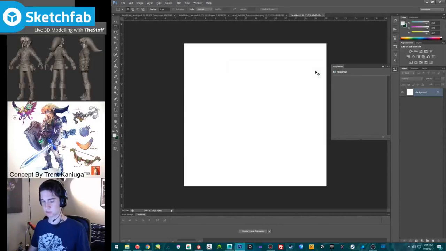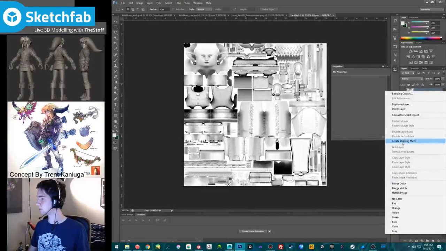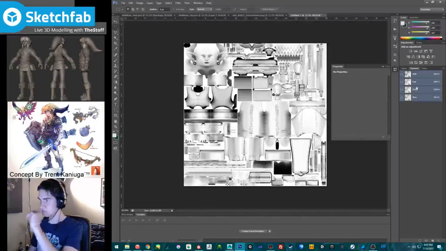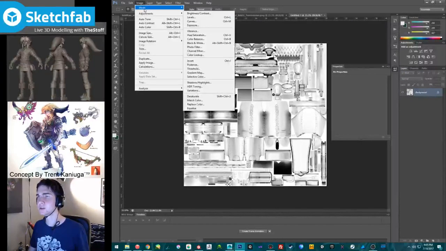Wait, Control V. There. And we're gonna flatten image. Okay, so that's gonna be red. Oh, that's weird. It's like it loses some detail. I guess it was colored? Interesting. Let's try to change this to black and white.